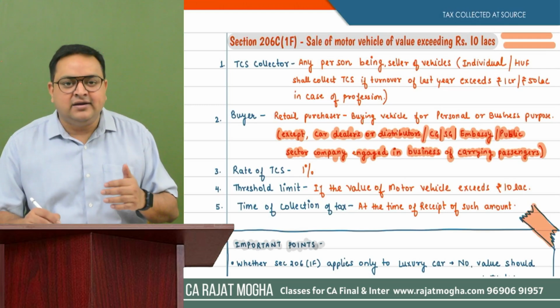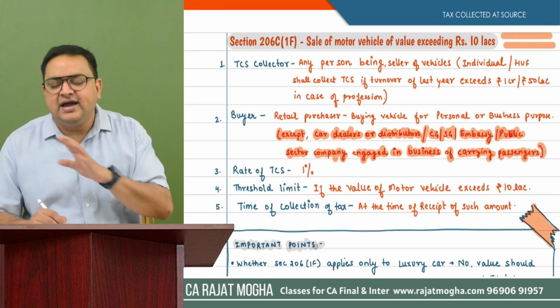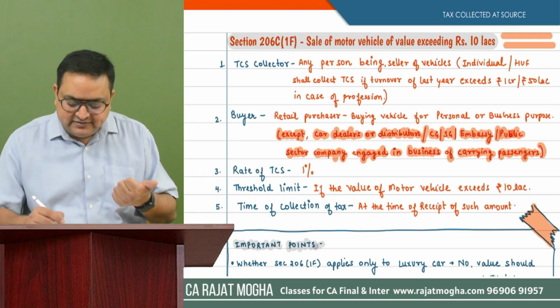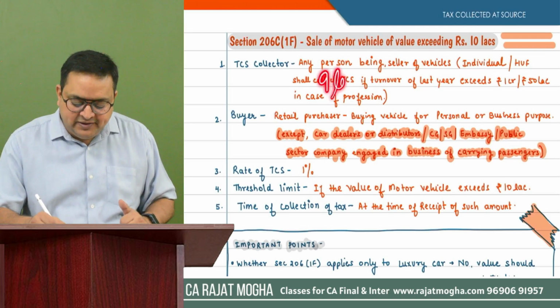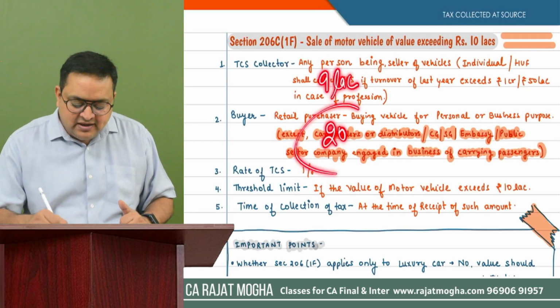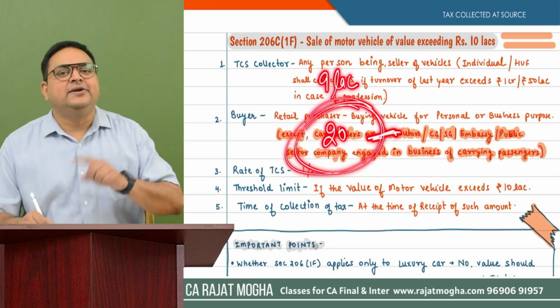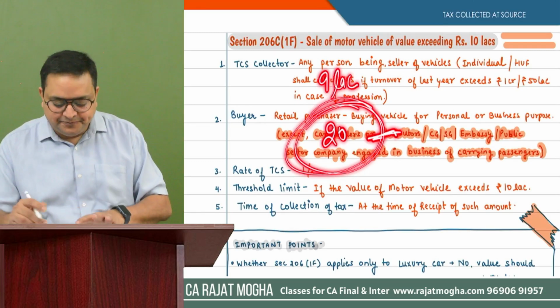So let's say if all these three cars are of less than 10 lakh, no need to apply TCS. But let's say one car is 9 lakh rupees, and the other car is 20 lakh rupees, then TCS will only be applied on this particular car or individual car, right?